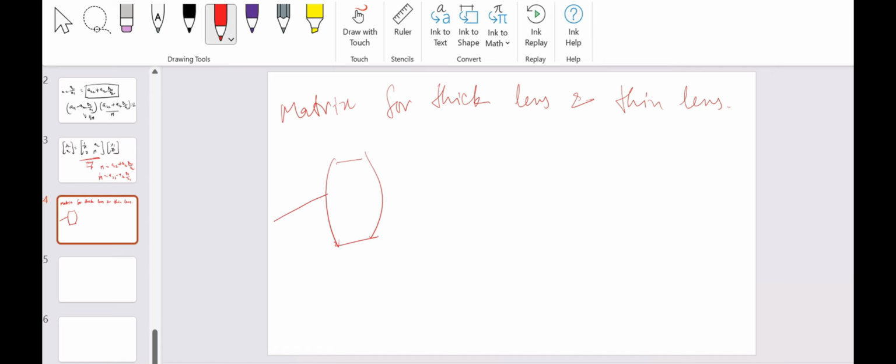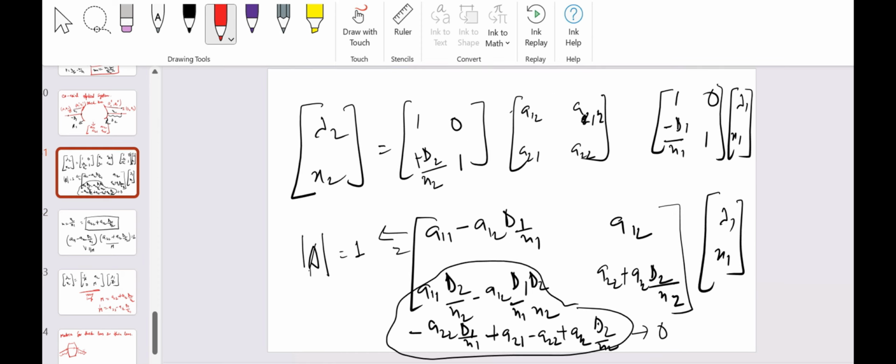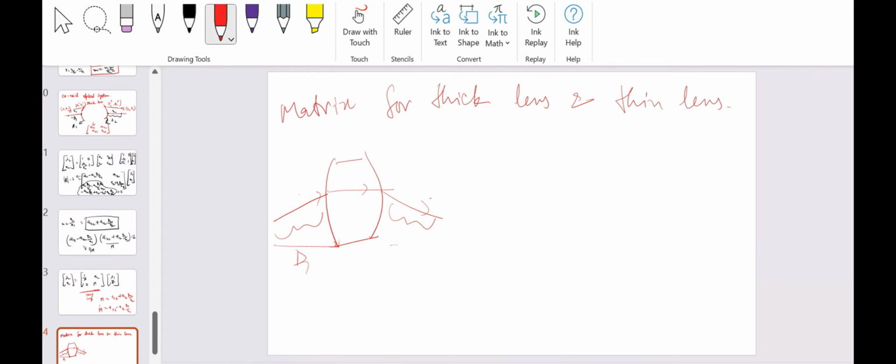So first, matrix for thick lens. For the matrix for thick lens, basically we do not now take into account this translation and this translation, because we have already established the matrix for coaxial system, which is this. In this, D1 and N1 will take into account this thing, but for matrix of thick lens we only take a refraction matrix for the R2 surface,